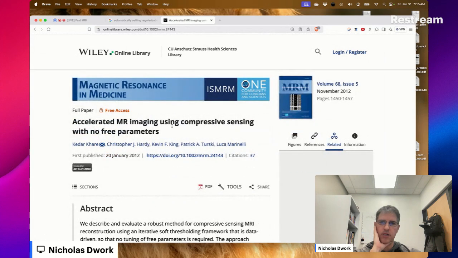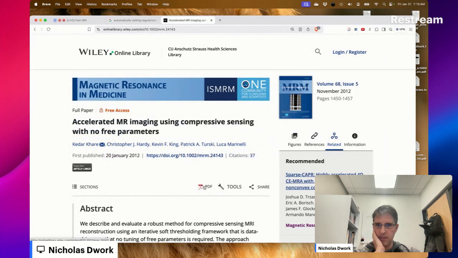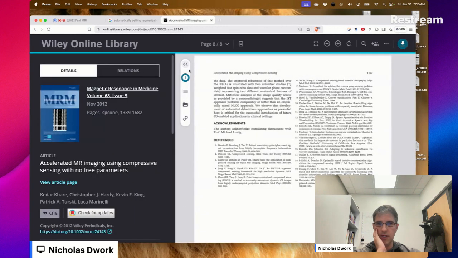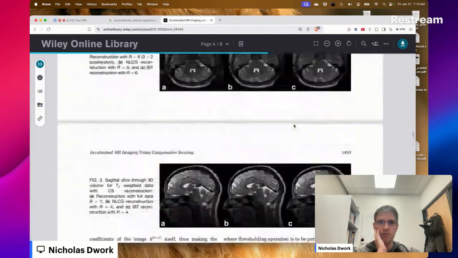Accelerated MR imaging using compressive sensing with no free parameters. I don't recognize any of those names, but if they solve my problem, I most certainly will remember them.